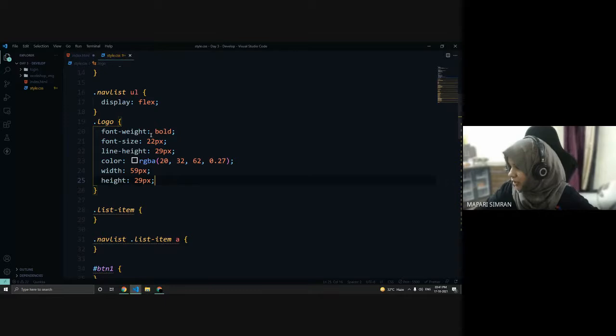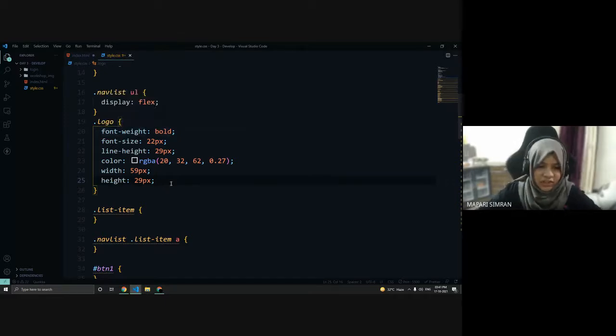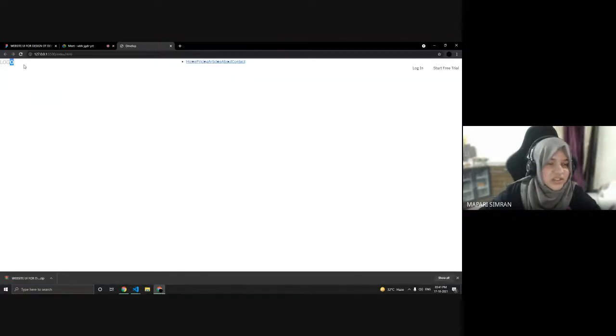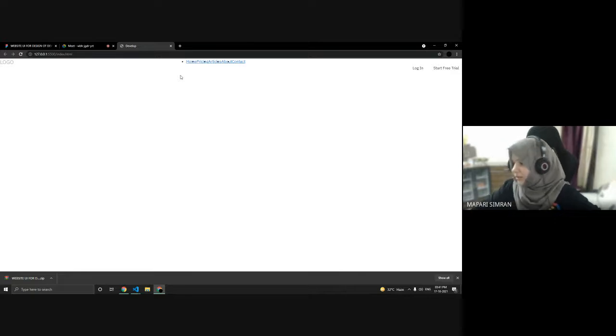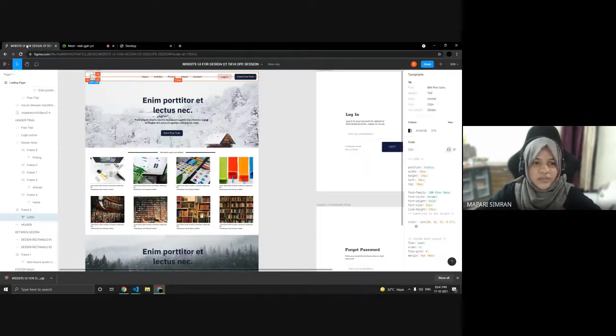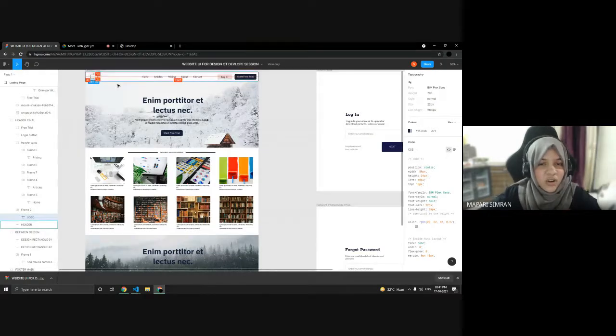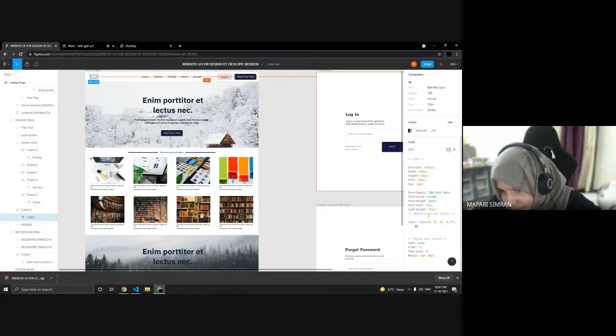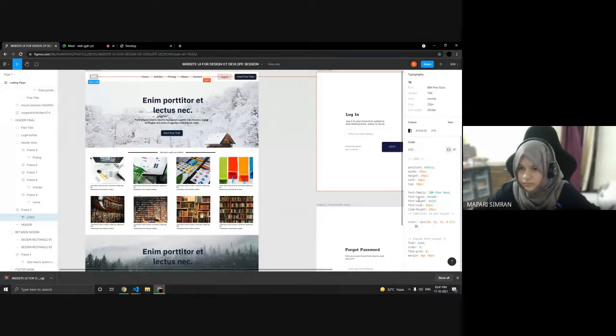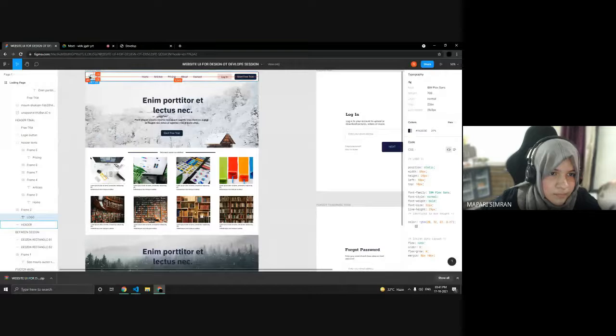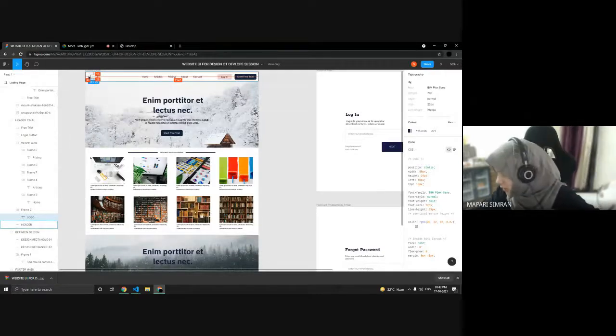Okay, we have not given the margin yet. So we'll give that also, so that it's not stuck at the leftmost side, because we have given margin 0 and padding 0 to the whole document, but we'll give it now according to this design, because we have to give the margin according to this design. So select this and you'll see here it's 41.